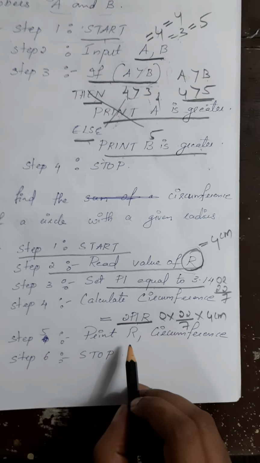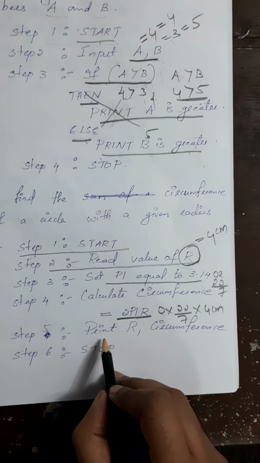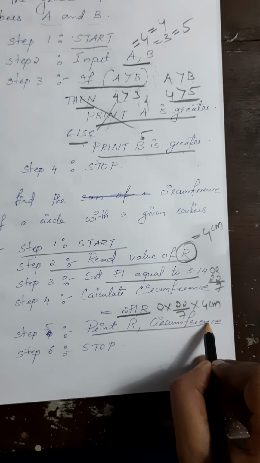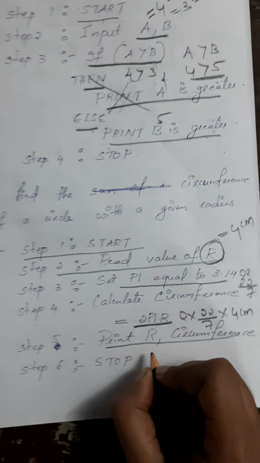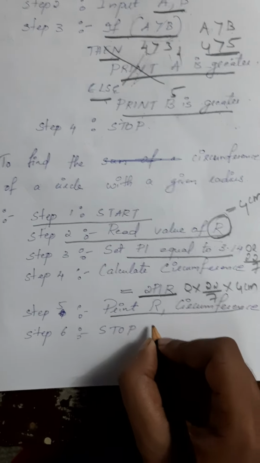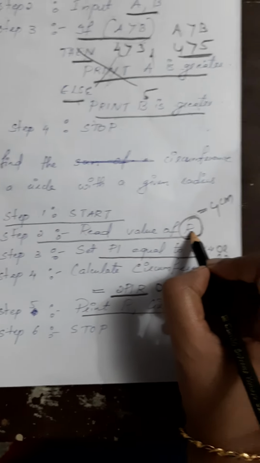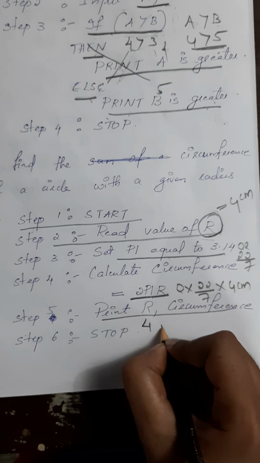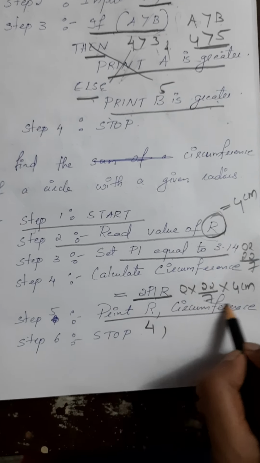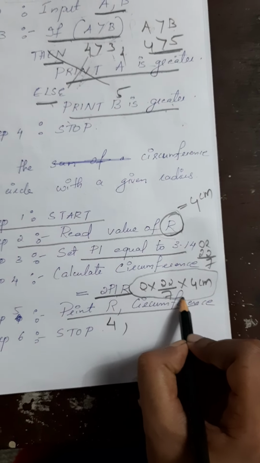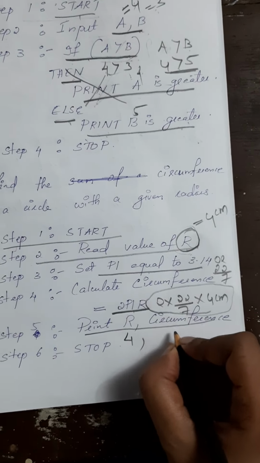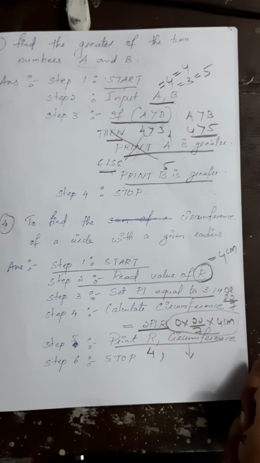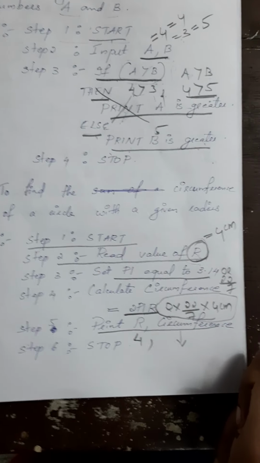After providing the equation, we need to get the output. Okay, so I am writing the statement print r comma circumference. So in this particular statement, first your radius will be printed. We know that I have given the value for radius as 4 centimeter. So first the value 4 will be printed, and then whatever value you get from this equation for finding the circumference will be printed over here. Okay, so this is the algorithm for finding the circumference of a circle.